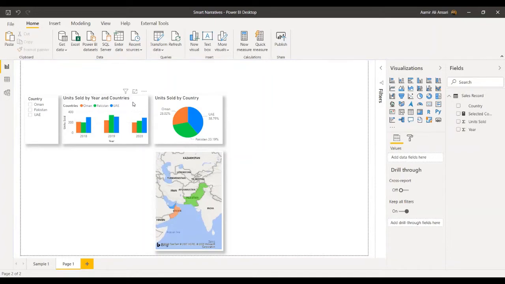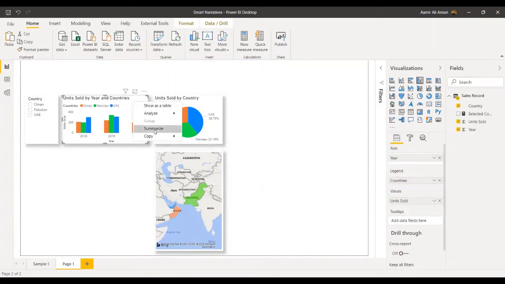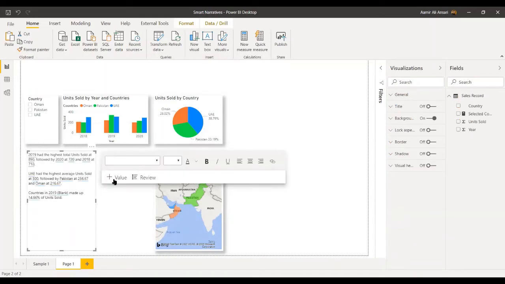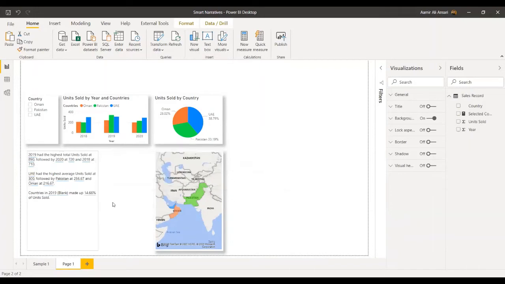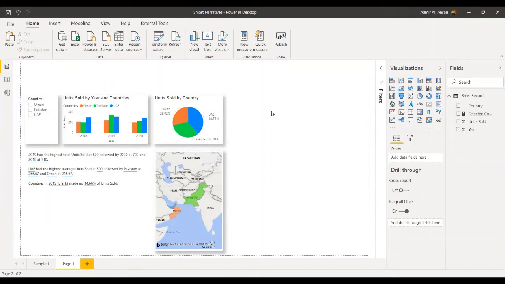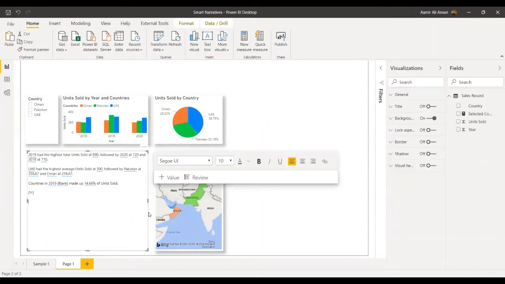Here what I'm doing is I'll right click and click on summarize. Now it is creating this smart narrative. As I said, this particular narrative is only related to this particular visual, so it is only telling a story regarding this visual. But if I want to incorporate a visual which is telling the story of the whole page, then in that case,